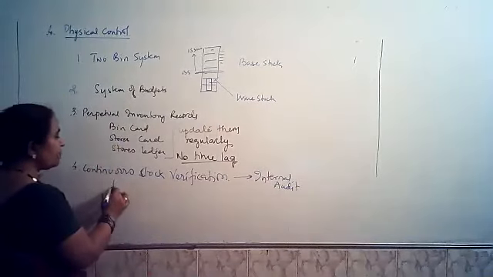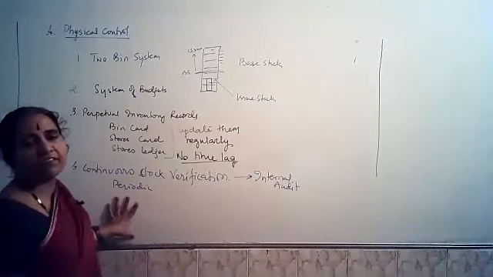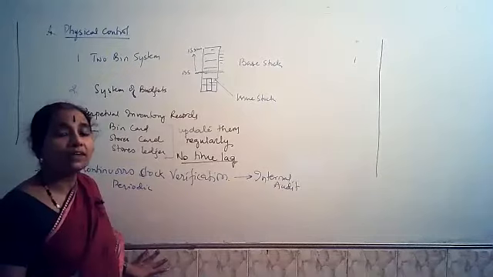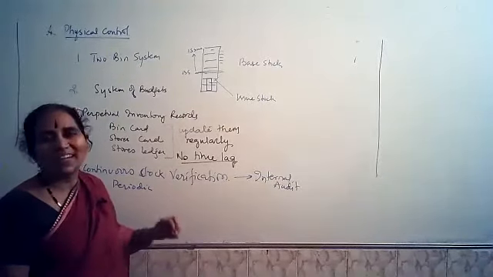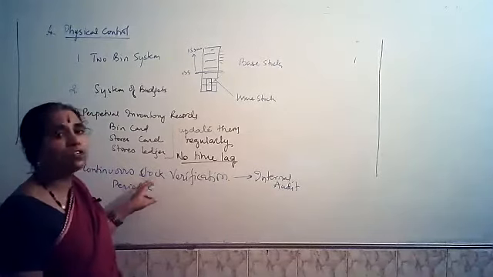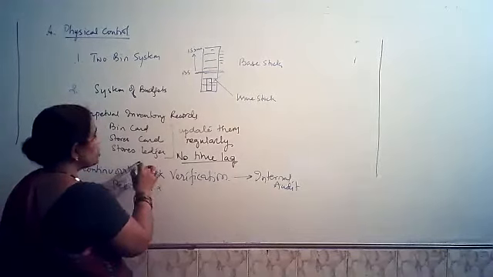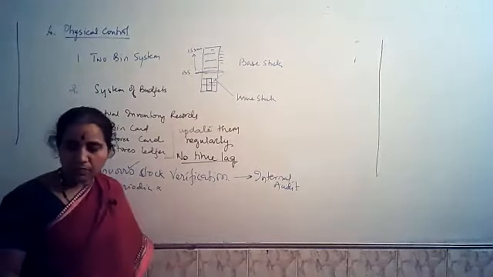Against this we have periodic. Periodic means after a period, let's say after a month, you do the stock verification. If there is any discrepancy, you don't get to know unless the entire month is over. There the control is much less compared to continuous stock verification. So compared to periodic, continuous stock verification is a better option. So this is about physical control of inventory.